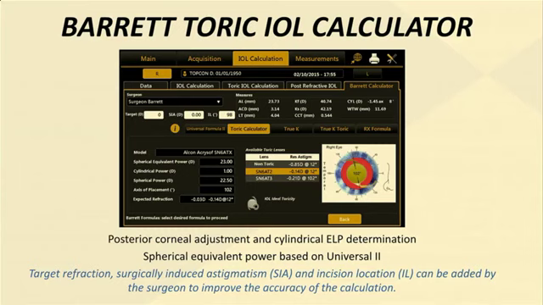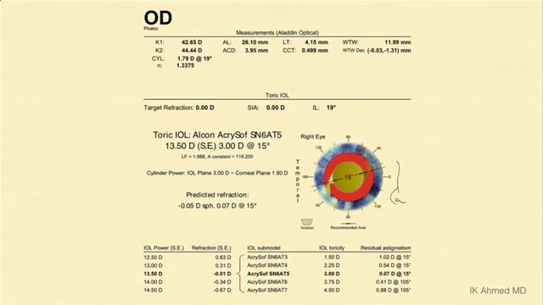As an aside, we do have a Pentacam. We do look at Pentacam for direct true net power. I think we're still evaluating the differences here, but at this point in time, I rely on the Barrett for those formulas. And here is the standard printout, giving us a selective spherical equivalent and showing you, what's very